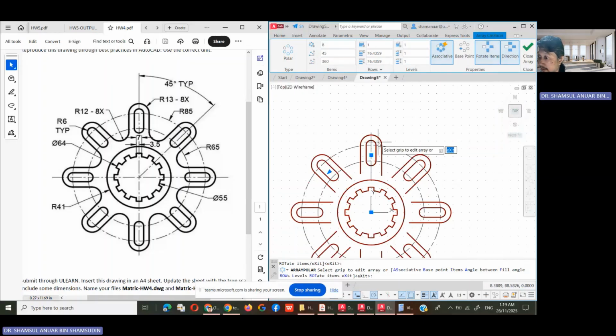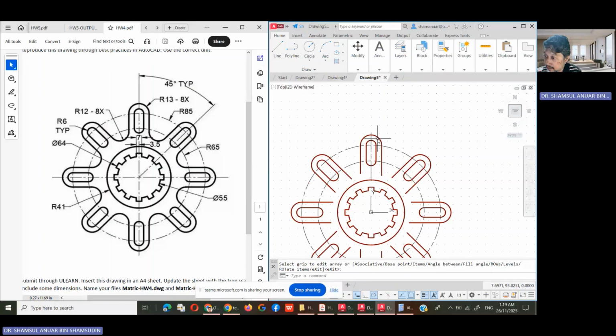Yeah, so we can turn this on associative, turn it up so that it won't be like one piece. Since I see these are all not in a group manner, so this will allow me to do fillet,